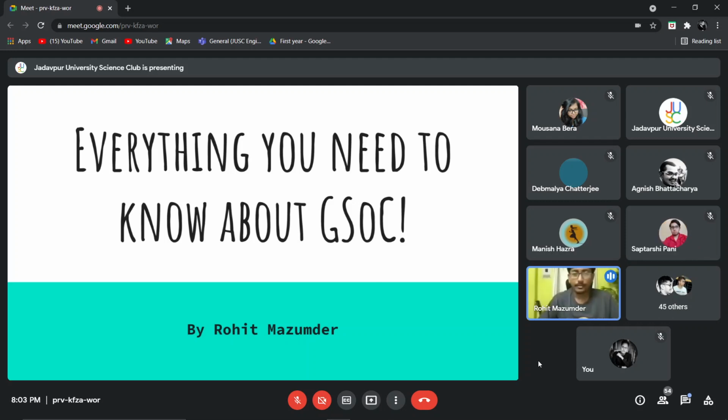As you already know from Moshana's introduction, my name is Rohit, and I have been involved with open source for a long time. I have contributed to some famous organizations like the Julia programming language and Jenkins, which is my primary organization. There is another organization known as Continuous Delivery Foundation, where I'm also a mentor. We have also worked for a short time in Google Assistant. So these are some of the places I have worked in this domain.